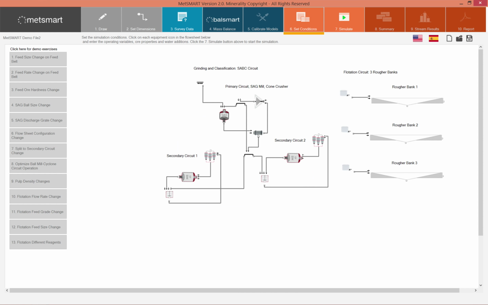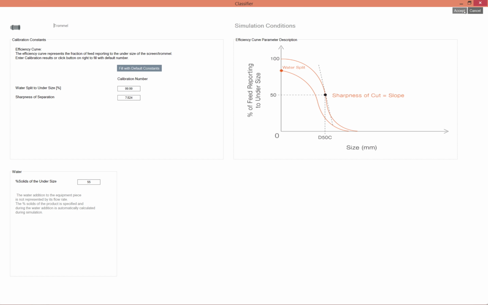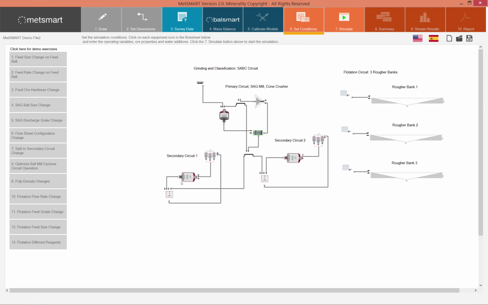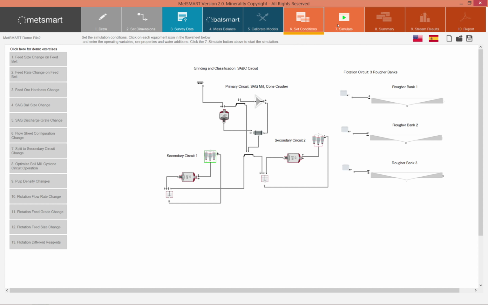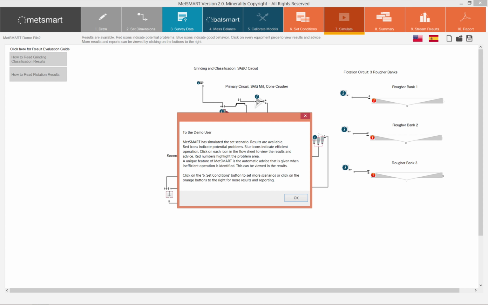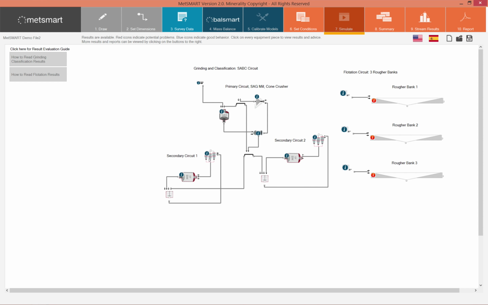But I want this condition to work for the full range of densities. So if I click on the cyclone again and try at 55% solids, I want this scenario to work as well. So after simulating at 55% solids,